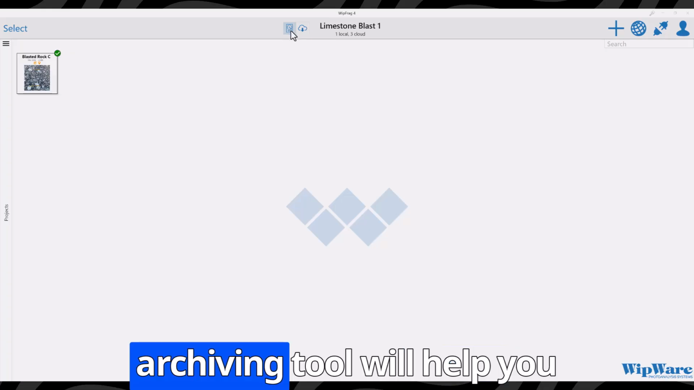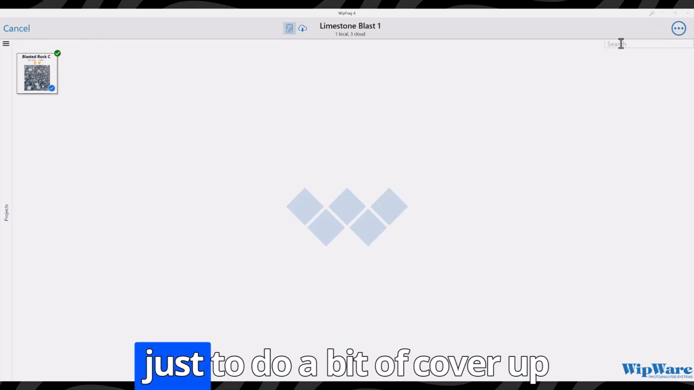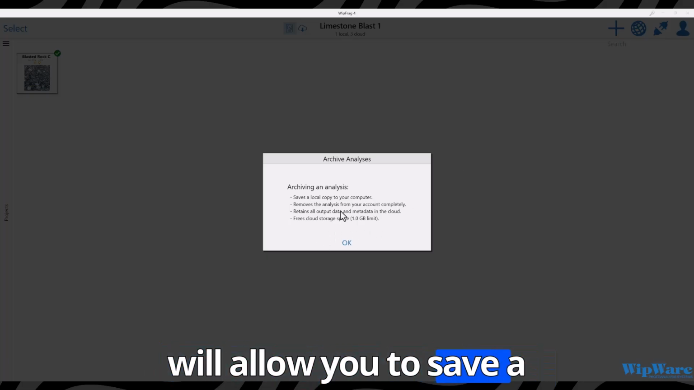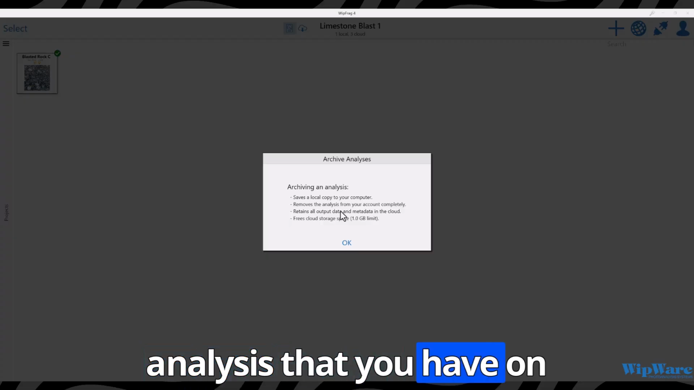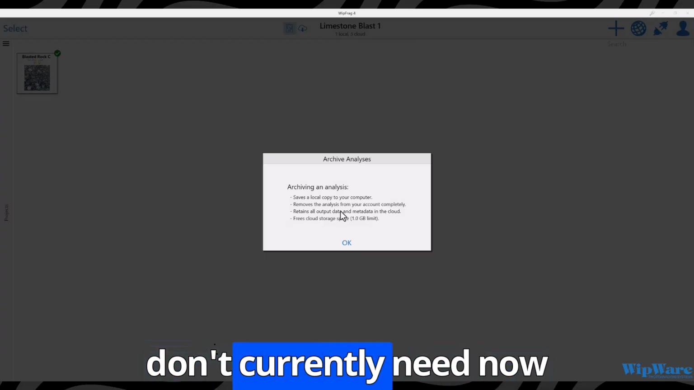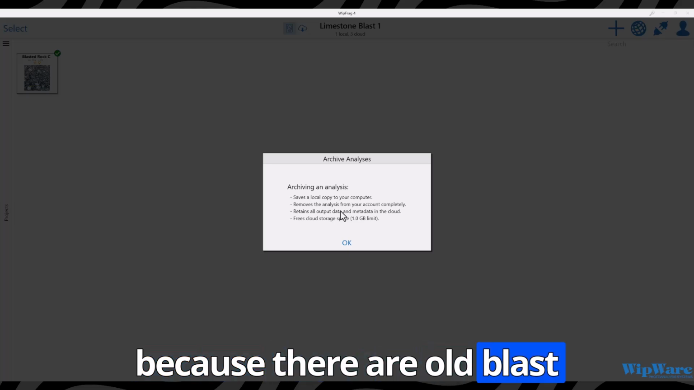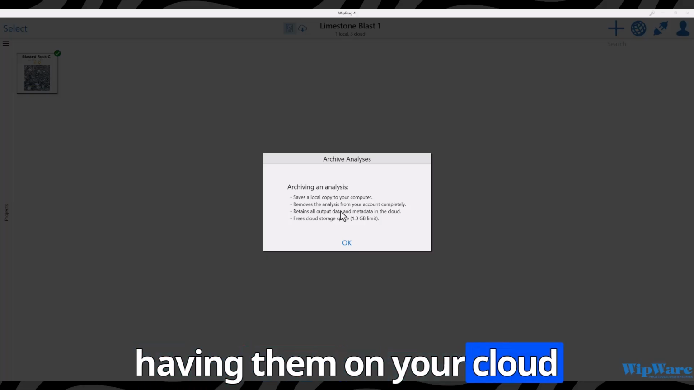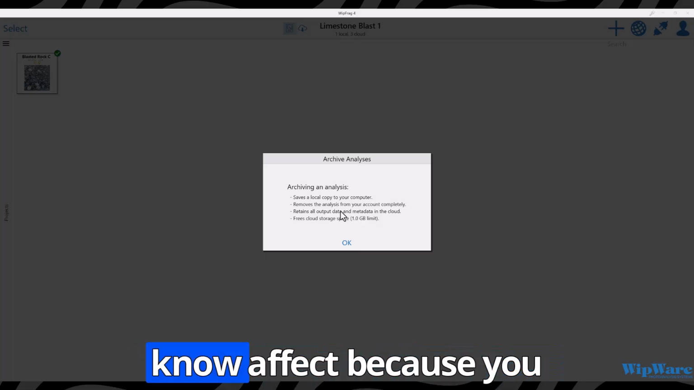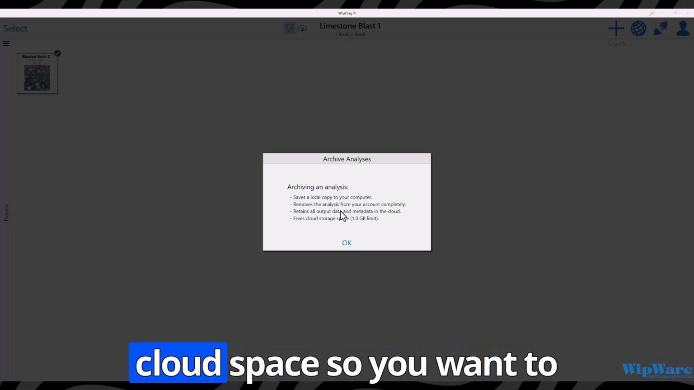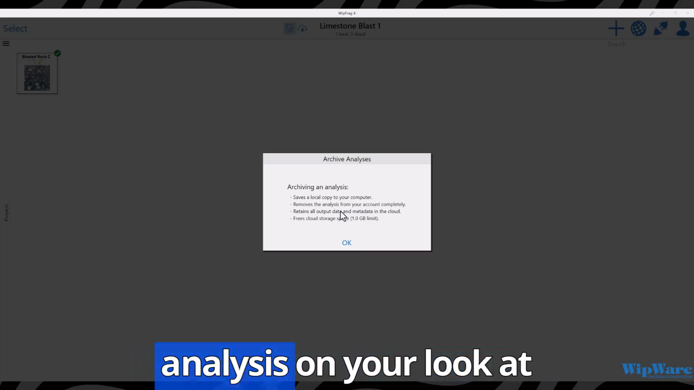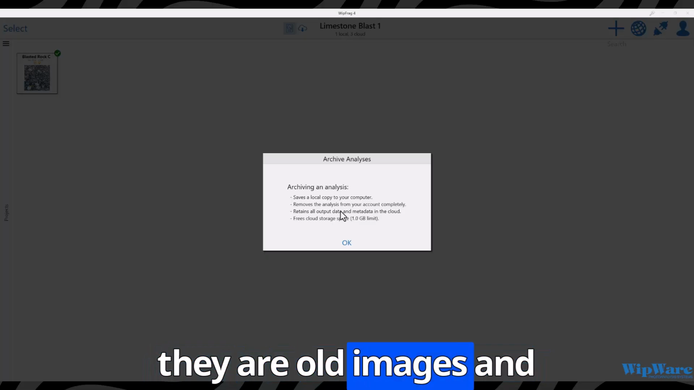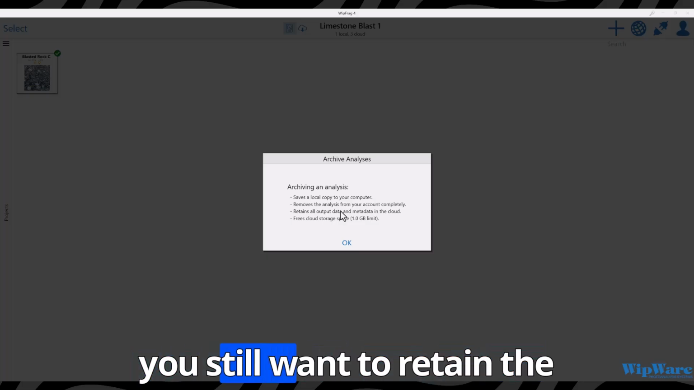As I've said, just to do a bit of a recap again, the archiving tool will allow you to save a copy of those numerous analyses that you have on your workspace that you don't currently need now, because they are old images that you've analyzed. But having them on your cloud occupying space will affect you because you only have a limit to the cloud space. So you want to save a copy of those analyses on your local device. You want to remove the analysis from the account because they are old images and old analyses, but you still want to retain the